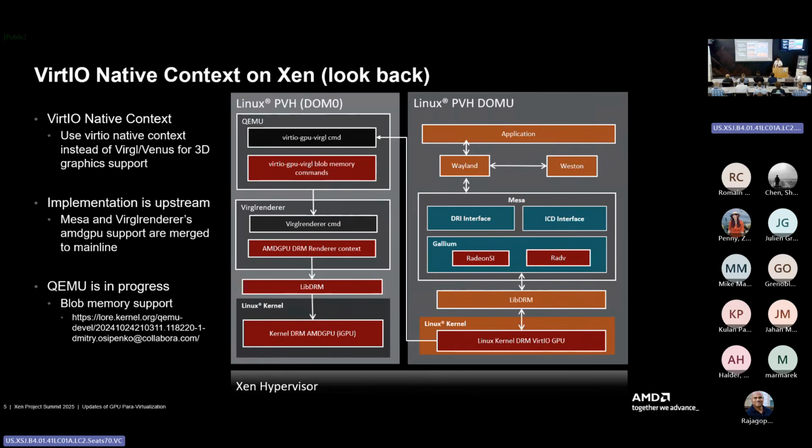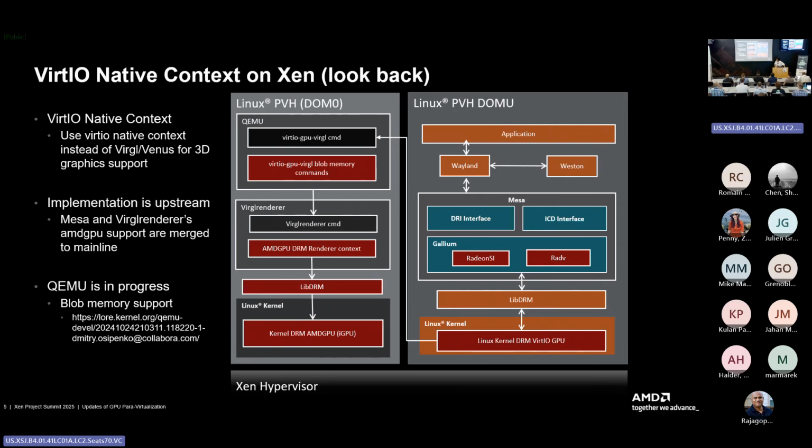So we leveraged the idea to use the new native context method to forward the native libdrm API from the guest to the host side to support Mesa, the RadeonSI and RADV drivers for Vulkan. At the upper level, we will continue to implement Gaster, Wayland, and Weston compositor support for 3D applications. This is the basic way we did the graphics basic function last year.